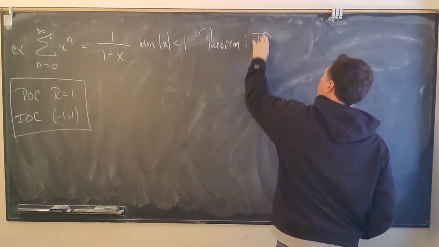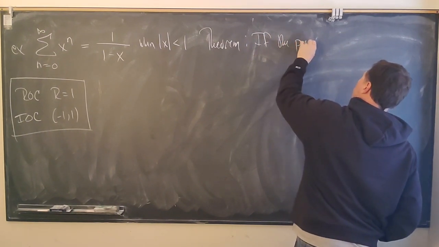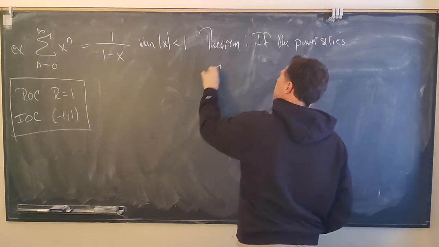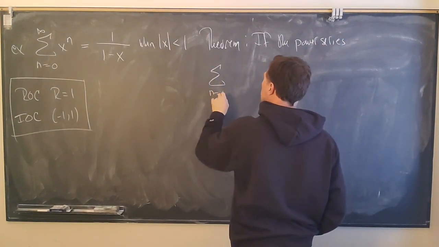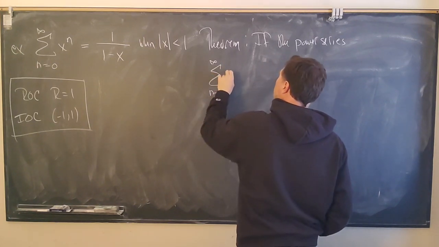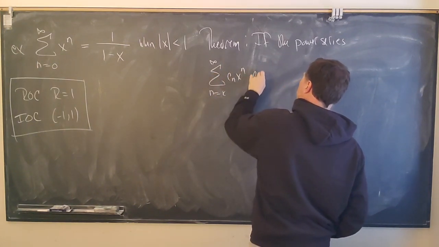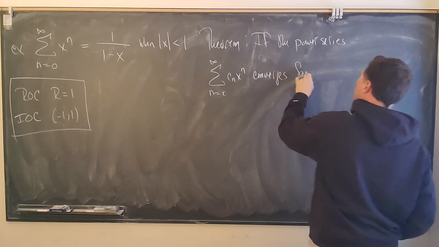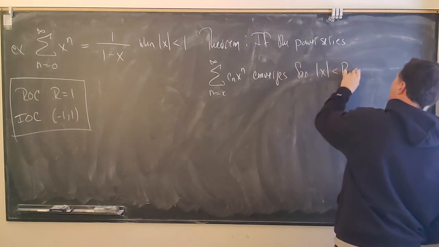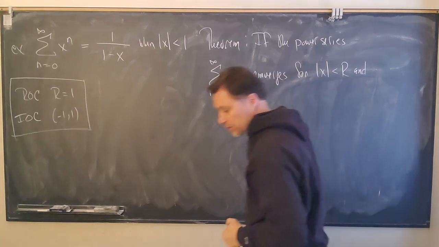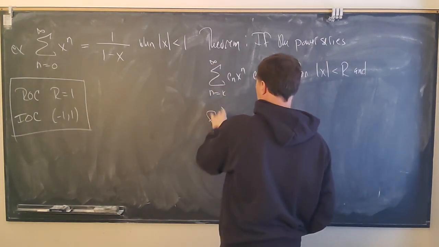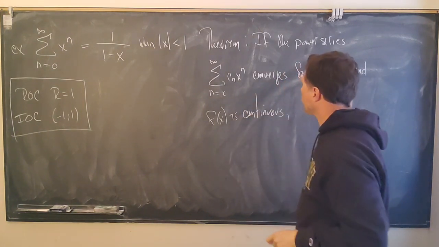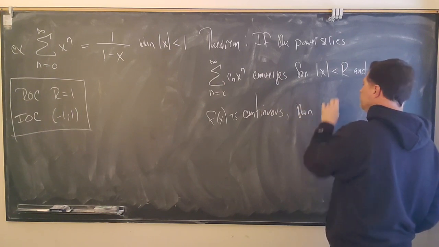So if the power series, and I'm just going to state it centered at 0, the sum from n equals k to infinity of c sub n x to the n, converges for absolute value of x less than r, and we have a continuous function, so let's say f of x is continuous, then